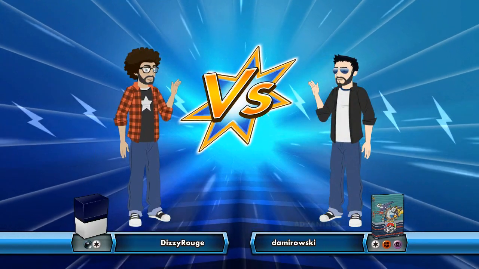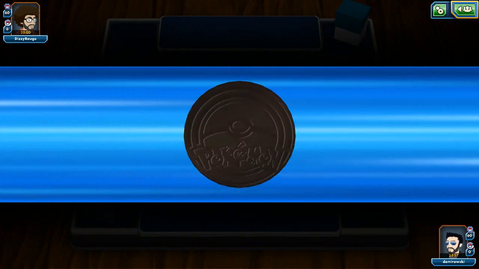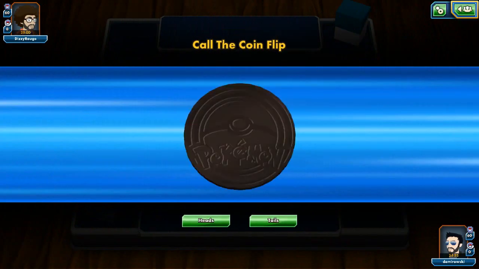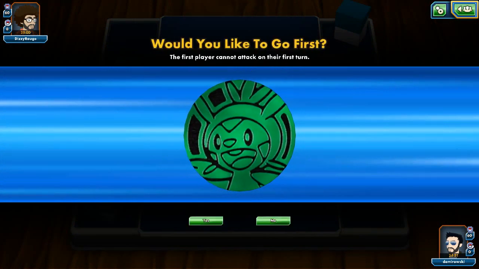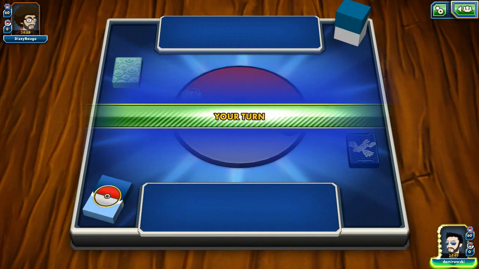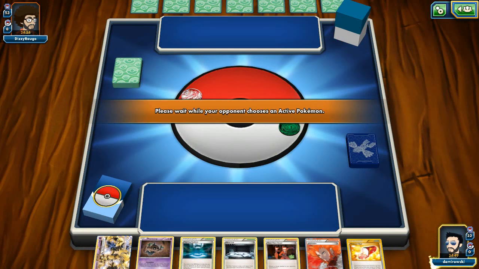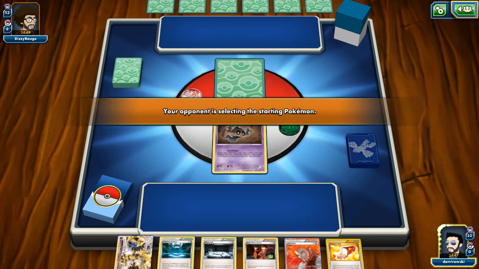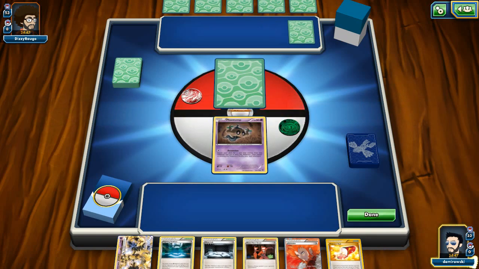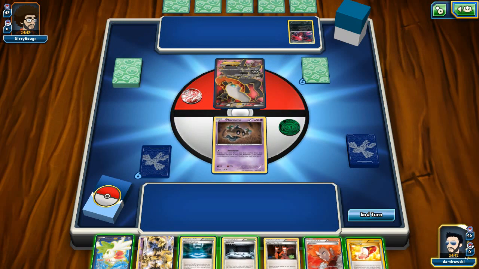Okay, so moving to testing, playing against the dark deck and the colorless, which means that it's probably some kind of Darkrai, maybe Eviltal deck, and Shaman for support. Of course, I would like to start first. The main focus of this deck is to go first, so you can lock down your opponent by preventing him from playing item cards. And I don't have the best possible opening hand, but I will just draw an additional card